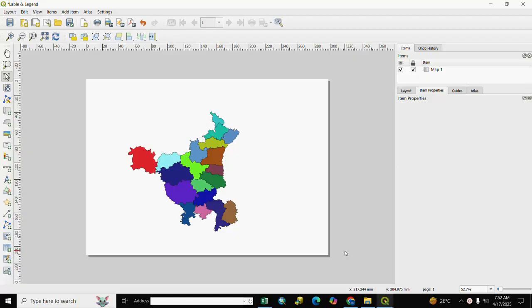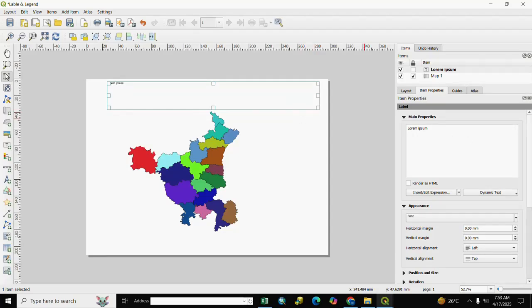So let's start. Here is our layout manager, and we draw a label here. So we go to label. Here is add label, on the left side. We click here and we draw in the center, and here on the right side is label property. If you want to change it, you select it and you write here as per your requirement.